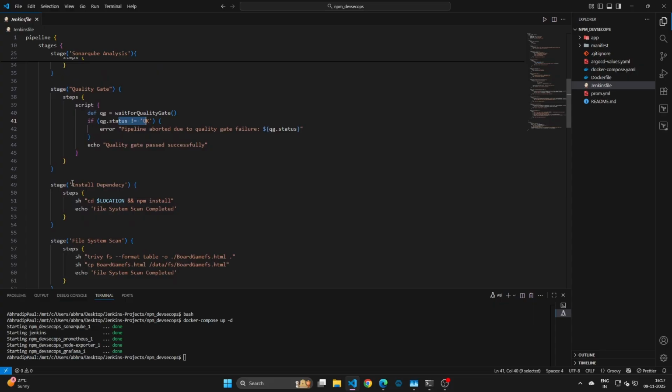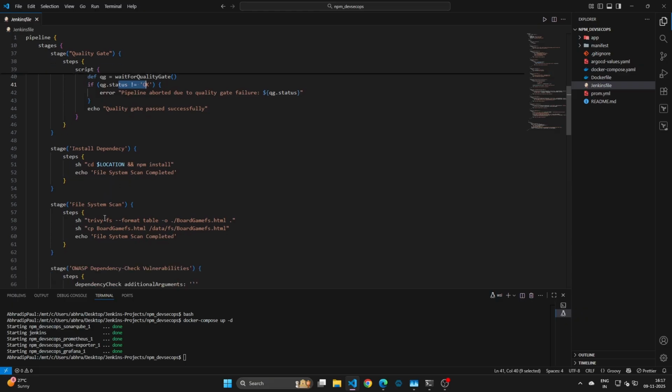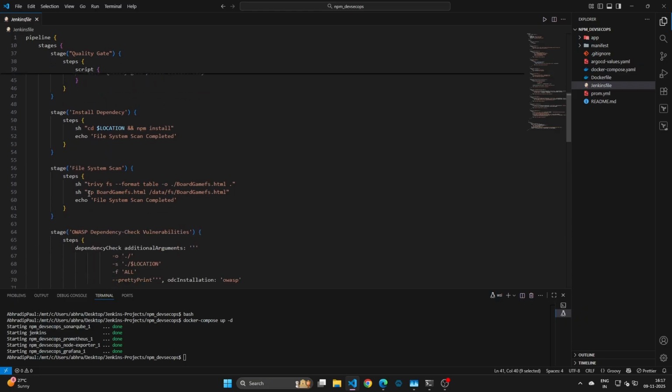This is the dependency, and you have to go to the location and install the dependency, and then it is doing the file system scan. Using the file system scan, you can see I am using Trivy. Trivy is doing this by this command, and this is the output name, and I am also copying the output to this location